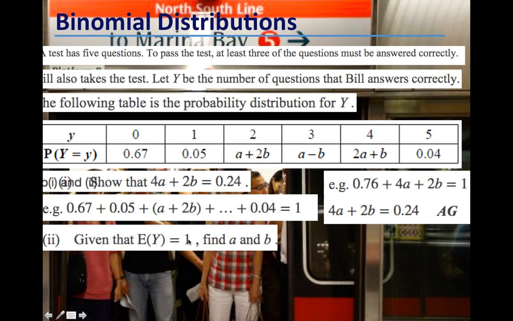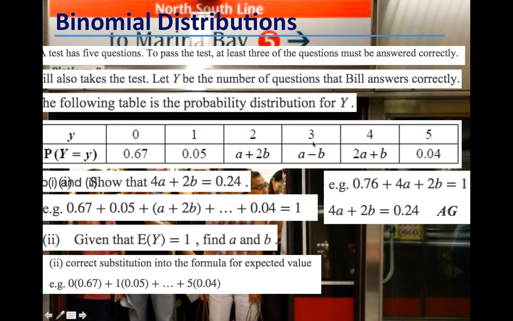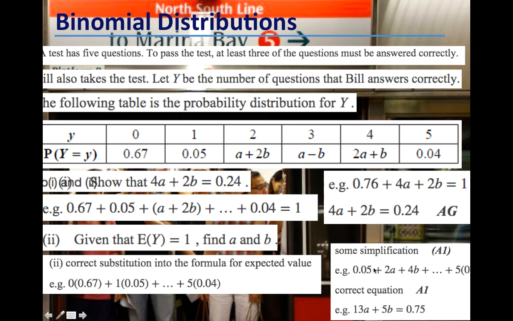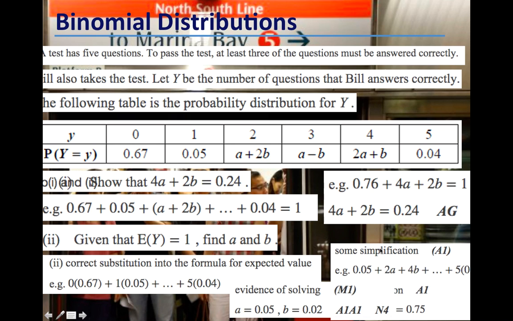Given the expected value of y equals 1, find a and b. Well, of course, we know that we can find the expected value using the sigma x p equals x formula. So we would have said 0 times 0.67 plus 1 times 0.05 plus 2 times a plus 2b, etc. If you work that out, you will end up with, in the end, 13a plus 5b equals 1, so you've got 2 equations, 2 unknowns. You can solve that with simultaneous equations, and you should end up with a equals 0.05 and b equals